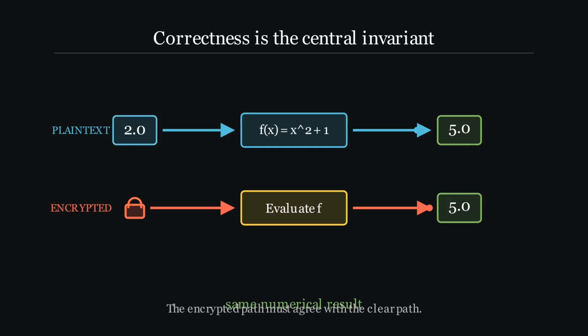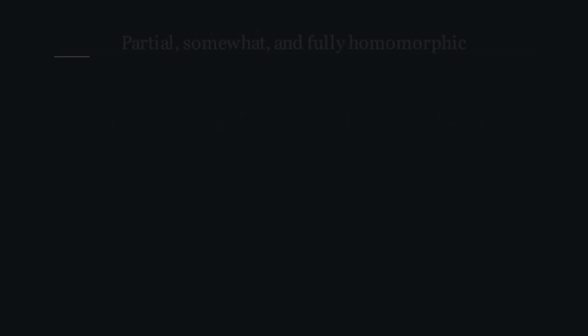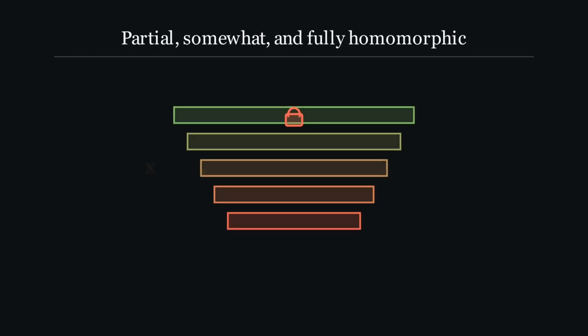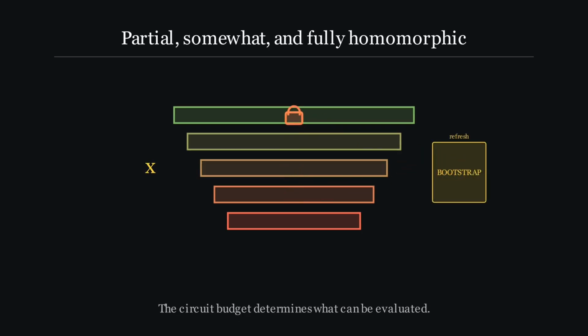Encrypted circuits also have a resource budget. The stacked levels represent the active coefficient modulus chain. Each time the locked token passes through a multiplication, it moves downward and consumes part of the available depth. Additions are usually cheaper and do not spend a level in the same way. A leveled scheme chooses enough parameters for a known multiplication schedule, so the circuit must be planned before private data